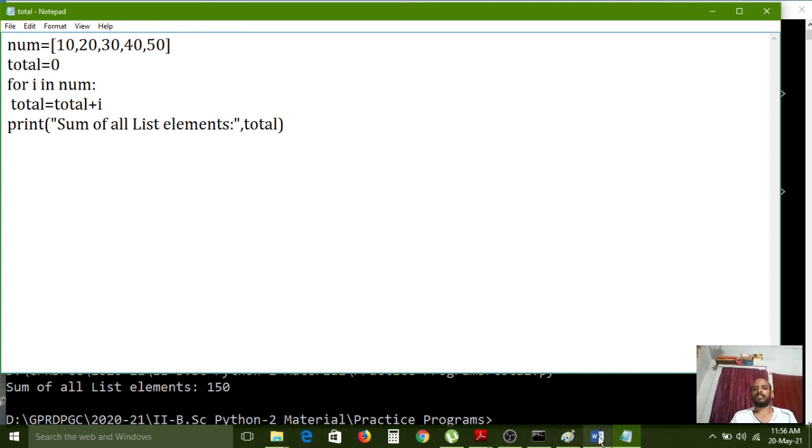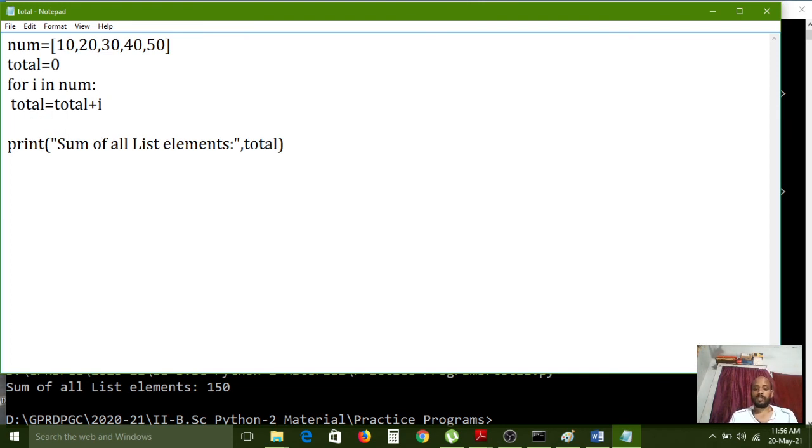Understand? So if you want to calculate any average, what do you have to do? Along with the total, after that, avg equal to total by the length function. We need to use the length of numbers, because the average formula is total by the number of items.